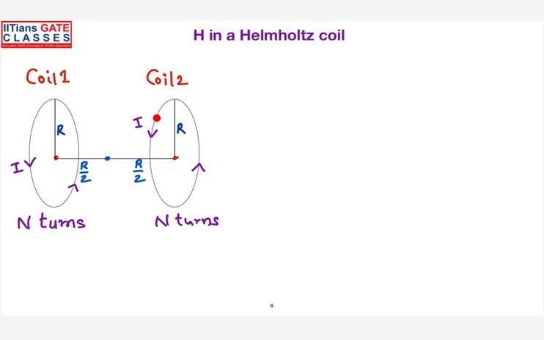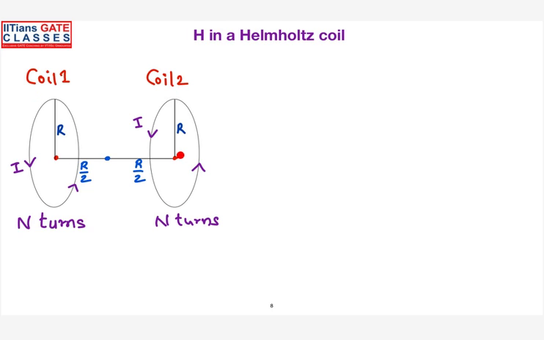Very good. Correct. All of you start with your right hand rule. Since coil 1 and coil 2 carry the current in an anti-clockwise direction, you can see here this is the current which is facing the top side of the paper. So due to coil 1, your thumb is pointing in the same direction. Due to coil 2 also, you can place your right hand and encircle your fingers, and your thumb is also pointing in the same direction. So because of coil 1 and coil 2, the fields are going to be additive.